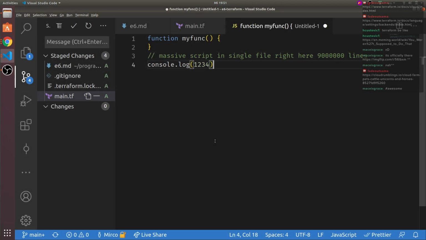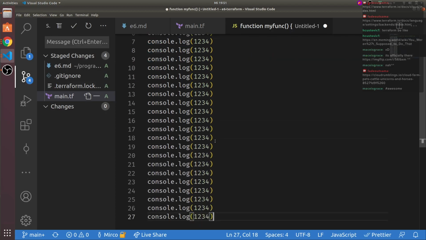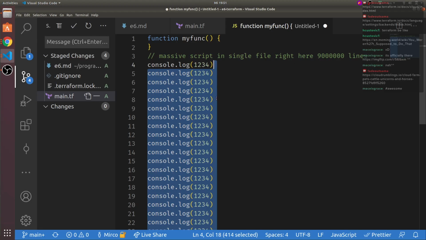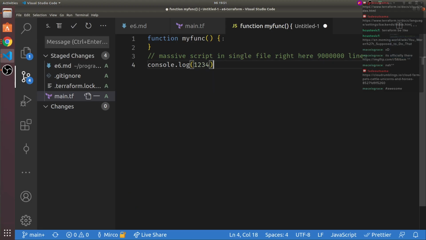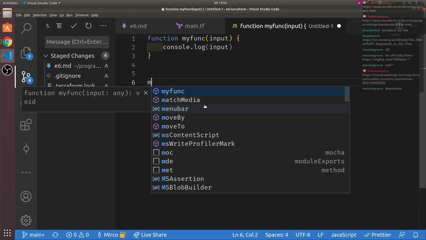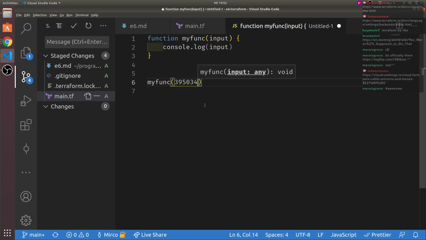You could do that like so, but it's not really useful in the sense of reusage. Instead, you put it inside of a function and make it dependent on a variable, some input, and then you can do my func of whatever, and it works.